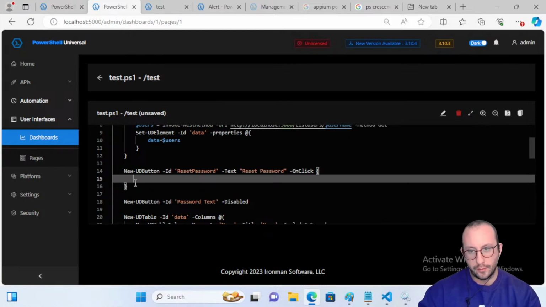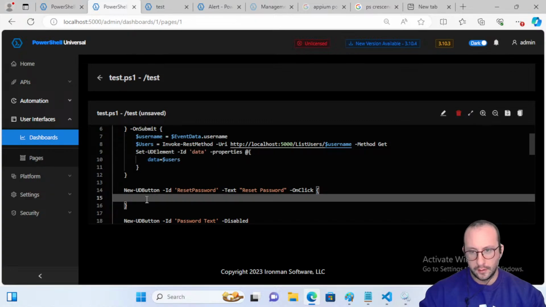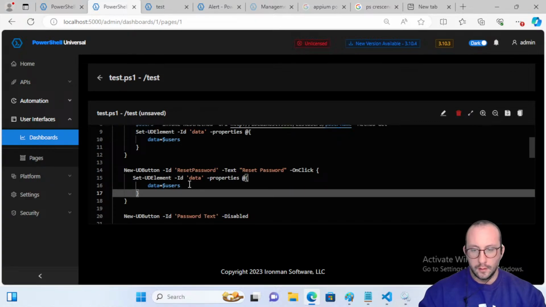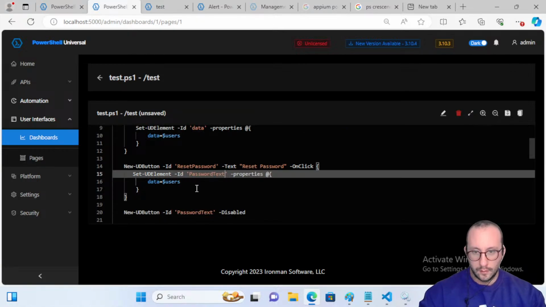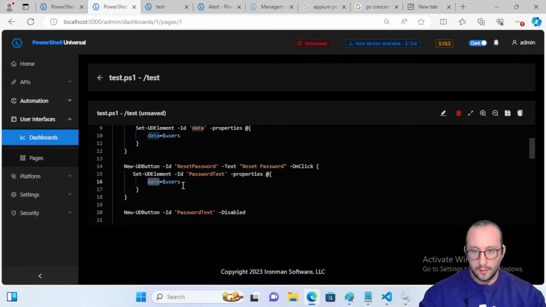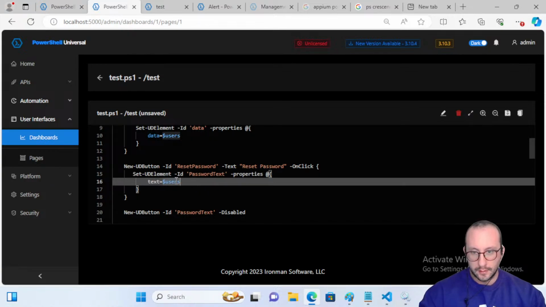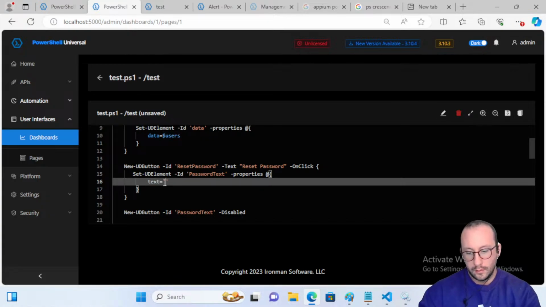Have it disabled. And then what we can do is do a set UD element in here. Password text, and then text will equal